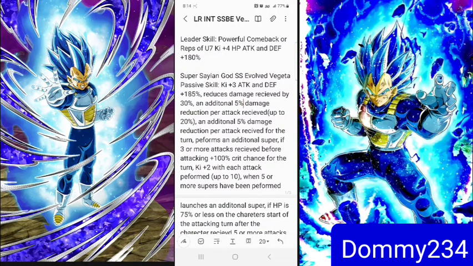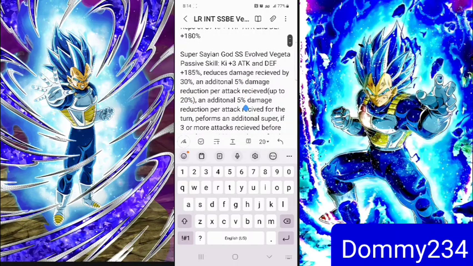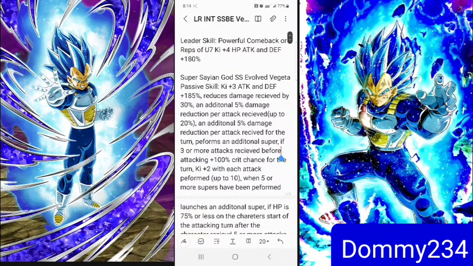So the max amount of damage reduction you can get, if say you get 4 attacks on a turn, is all the way up to 70%. This one, like I said, is for the rest of the battle. So you get hit once, 5%, 10, 15, 20 for the rest of the battle, and then this extra 5% is just for the turns, just to clear that up. And he performs an additional super, and if 3 or more attacks are received before attacking in a turn, guaranteed